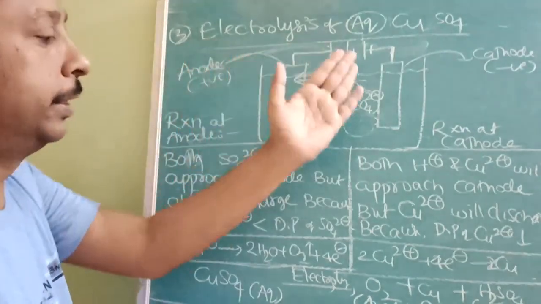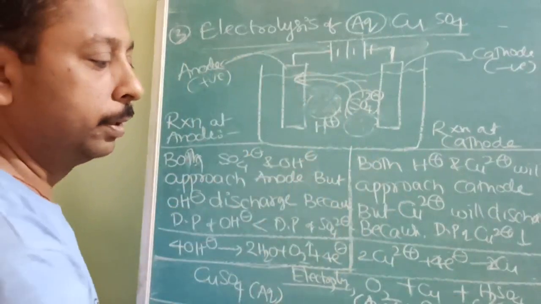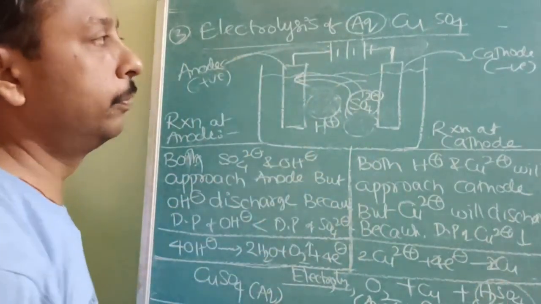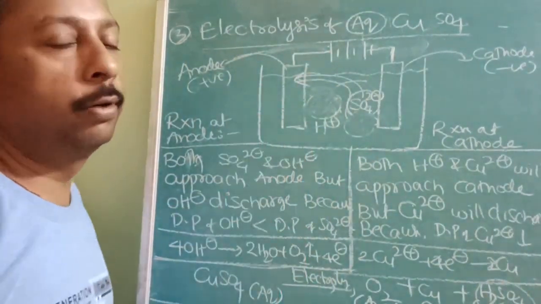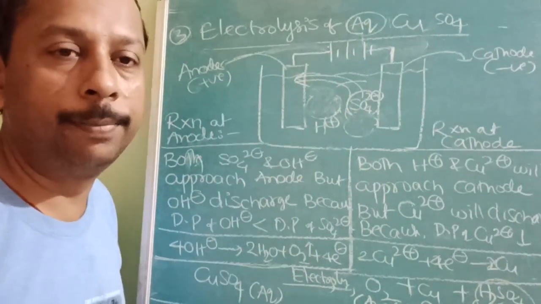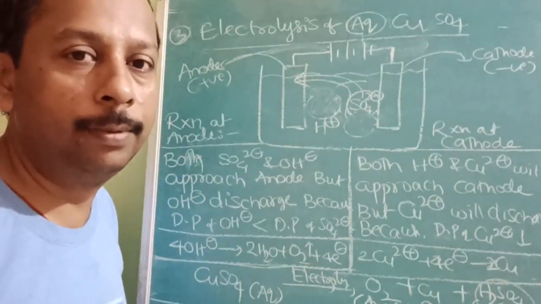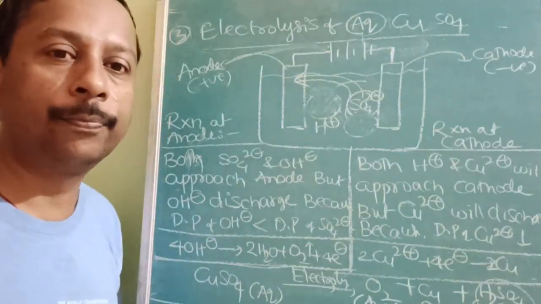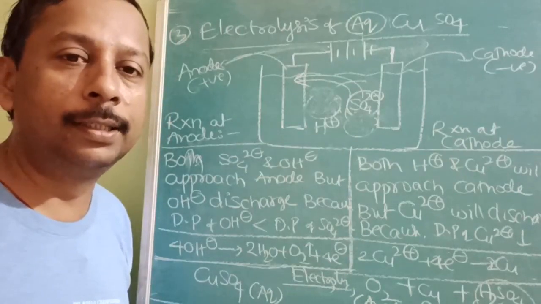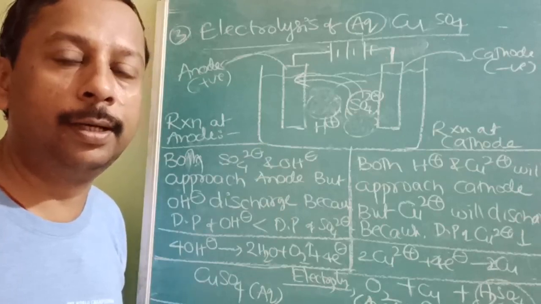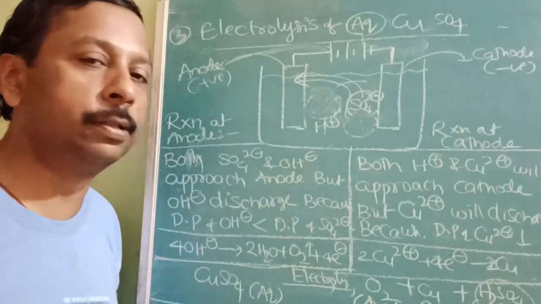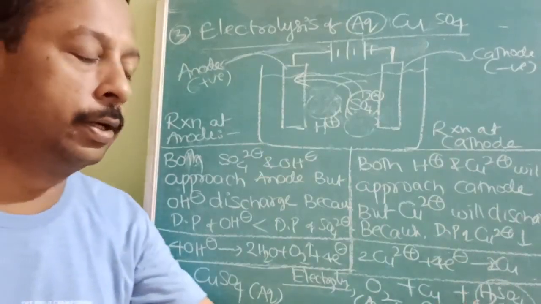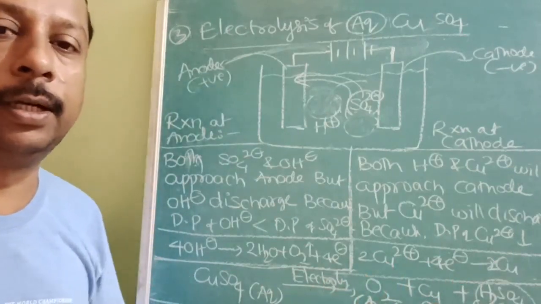Because of this, what is happening to the pH? H2SO4 will be formed because of electrolysis of copper sulfate. The question will be like this, a conceptual question. What answer will you give? Once acid is formed, pH should decrease. Because a strong acid is produced, the pH will decrease.